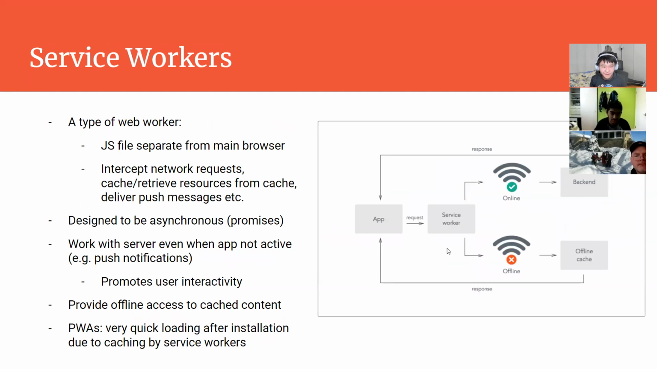All right, so I'm going to talk about service workers first. It's a type of web worker. Web workers are basically background tasks that run separately from your main view in your browser, and it can intercept network requests, cache, retrieve stuff on its own, deliver push messages, etc. And it's designed to be asynchronous. So remember when I showed async await and promises and stuff? Basically, service workers take full advantage of promises. Main view, I'll see. Okay, alrighty then. Okay, so